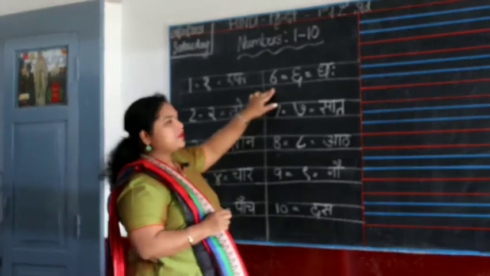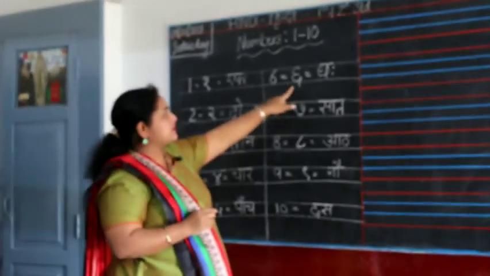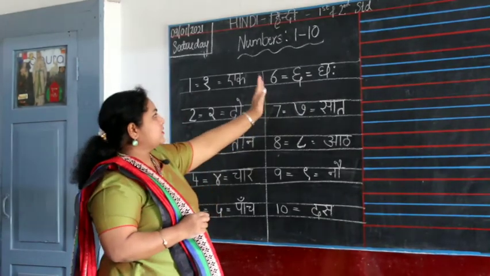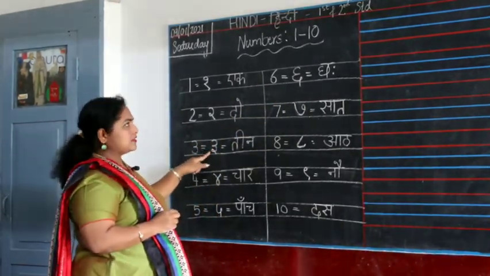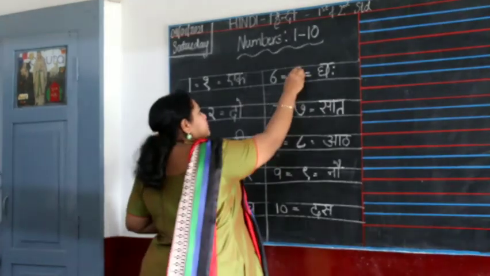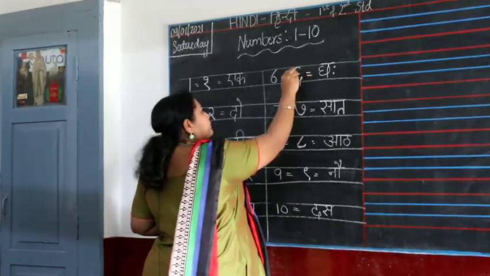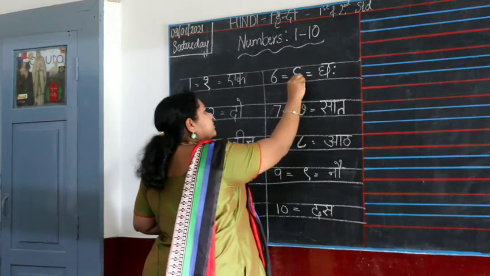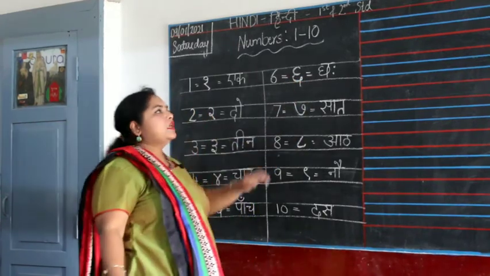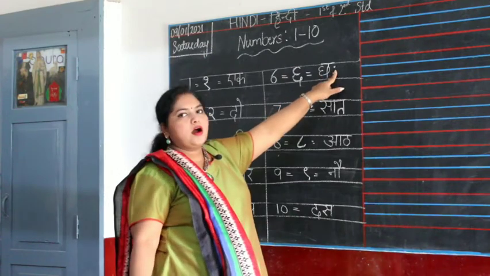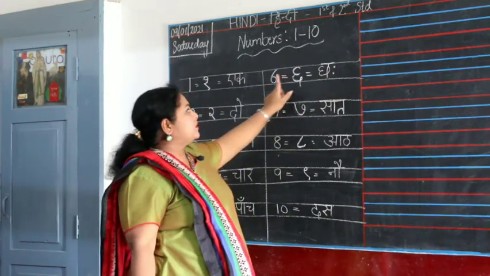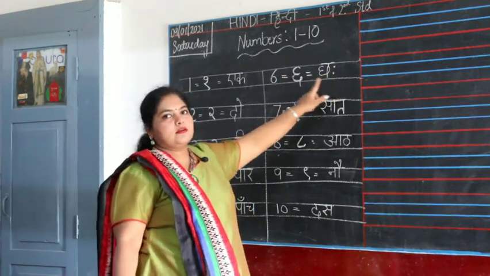The next number is 6. Now how do we write 6 in Hindi? It is the reverse side of 3. Now you write 3, teen, like this, and 6 you write the other way. So it's the reverse side of teen. It goes like this, put a knot and bring the tail down. That's your cha. Cha, ha ki matra. So 6 is cha.